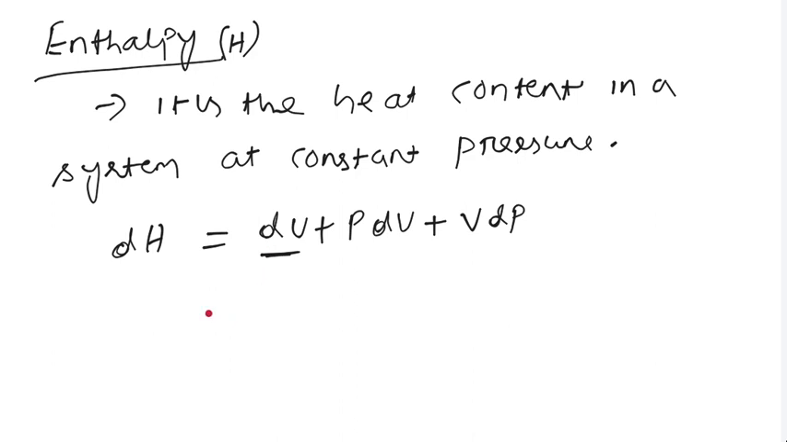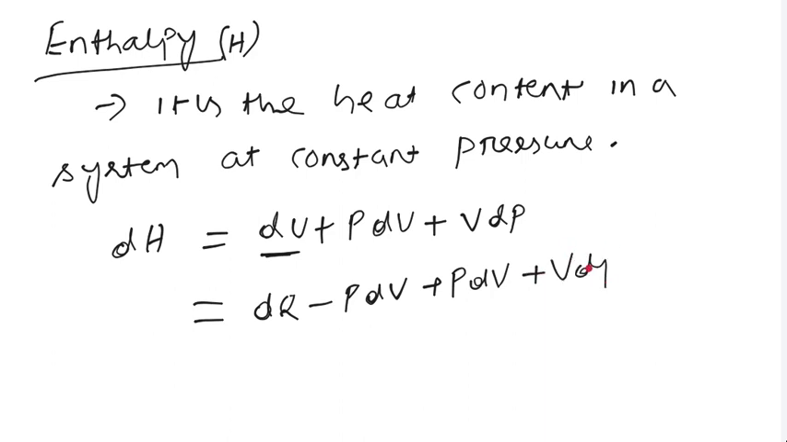So dU can be written as dQ plus minus PdV from the first law. So dU can be written as dQ minus PdV, plus PdV plus PdV. This will cancel each other. So dH will become dQ plus